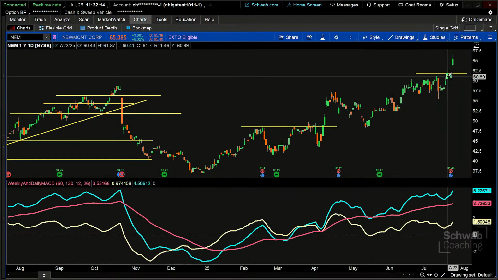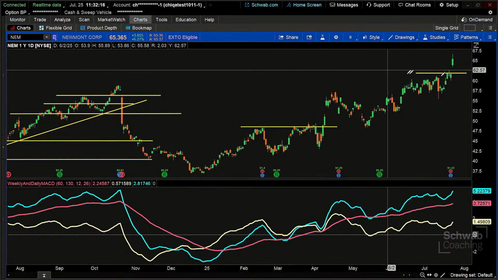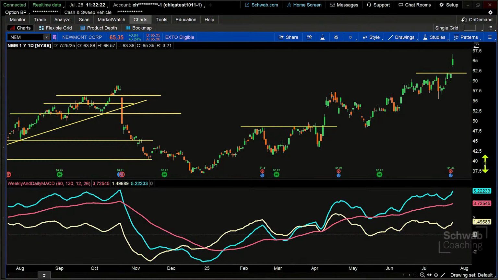So for some traders, it's that if this, then that. If price breaks out of resistance, then enter the trade. We're adding a different confirmation. So here's the confirmation that I'm getting from this weekly and daily MACD. Now, I'm not saying that this is the best indicator. I'm just saying this is a simple way, perhaps, to confirm a price pattern breakout given some momentum indicators.